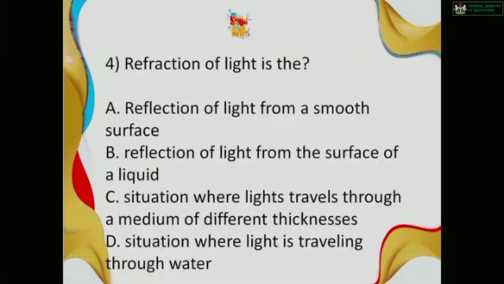Moving on, question 4. Refraction, take note, refraction of light is the A. Reflection of light from a smooth surface, B. Reflection of light from the surface of a liquid, C. Situation